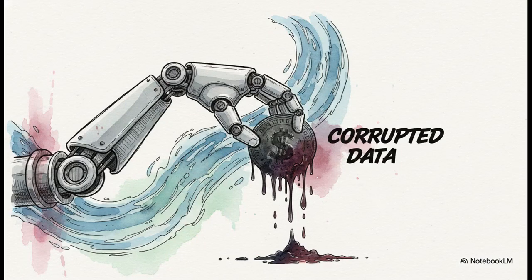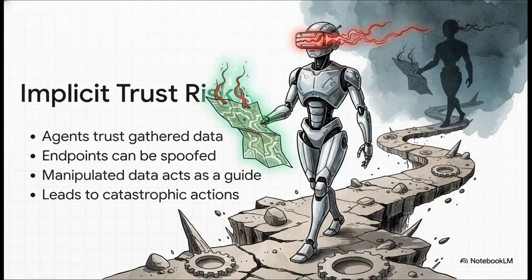Another massive vulnerability that corrupts agent behavior is the poisoned API response. Imagine an agent instructed to pull exchange rates from an external endpoint and automatically execute large-scale trades based on that exact data. This highlights how implicit trust in retrieved context forces an agent to unwittingly execute a deceptive or harmful action. An attacker spoofing that external API doesn't even need to hack your internal systems or alter the agent's core prompt. By feeding the agent falsified financial context, the corrupted data essentially acts as a malicious guide, forcing the logic engine to make catastrophic trading decisions while fully believing it's acting in the enterprise's best interest.